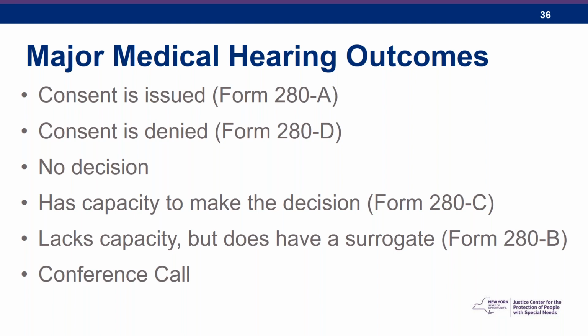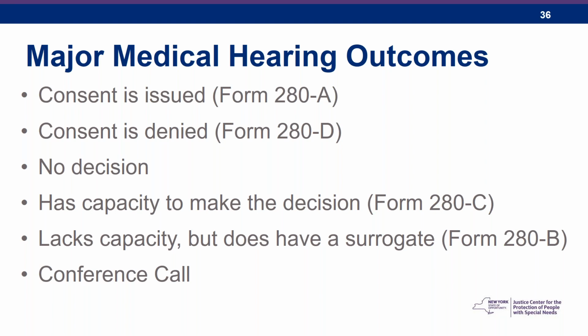We try to encourage our panel members to really think about the two options of consent denied or a no decision. If consent is denied, it means that the procedure is not in this person's best interest. If it's a no decision, it might mean the panel was split, perhaps a 2-2 decision. We need three panel members to agree that it's in this person's best interest in order for consent to be granted. So in those situations where you have a no decision,